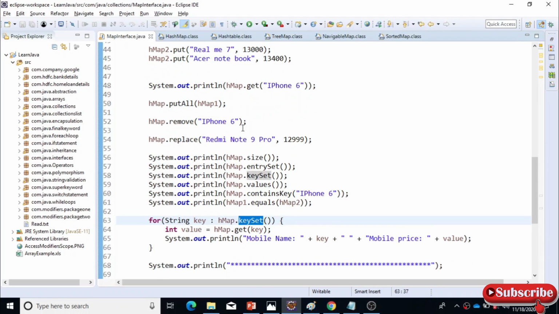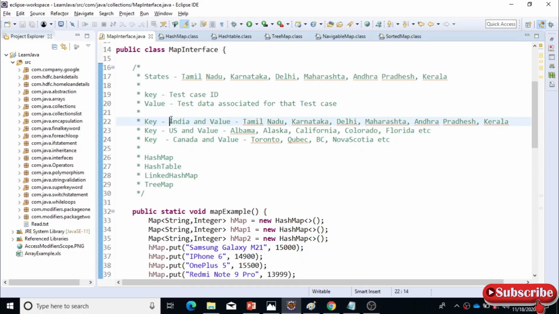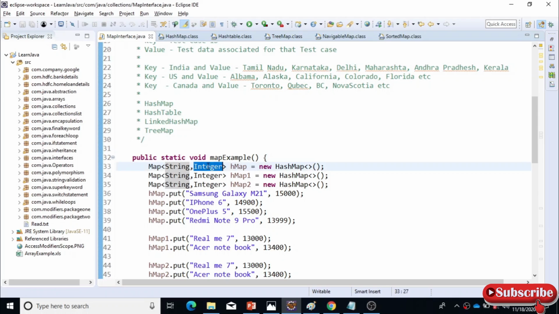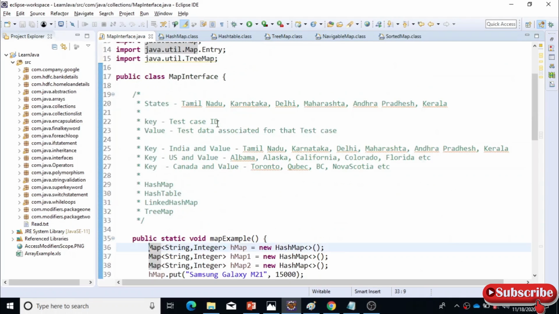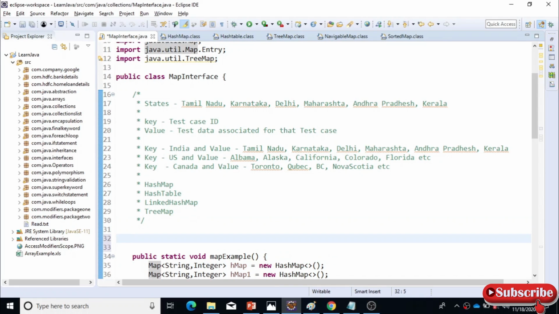Now let me show you how to use this one. Here we are passing a simple value, right? We have one value as a string and one value as an integer. Say, for example, in this scenario, India is going to be a string value, so it's one value. But these values can also come in a list format, and that you can change here as well. How will we change it? Instead of the integer, let me create a new method here, just to show a demo for this.